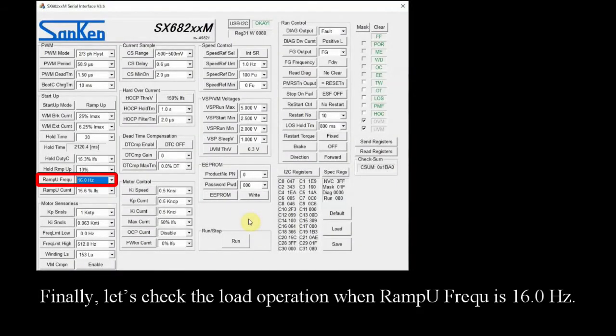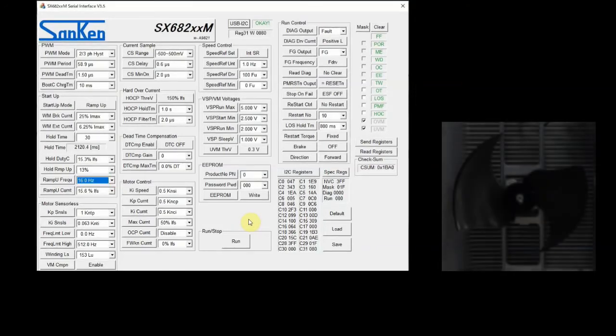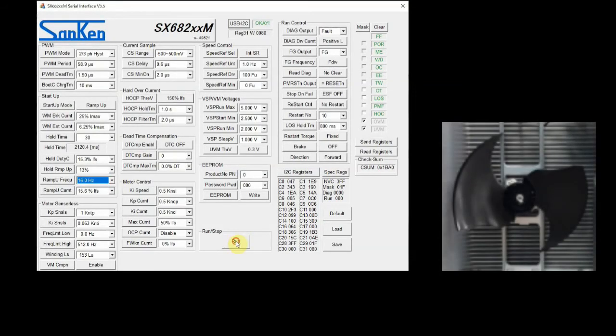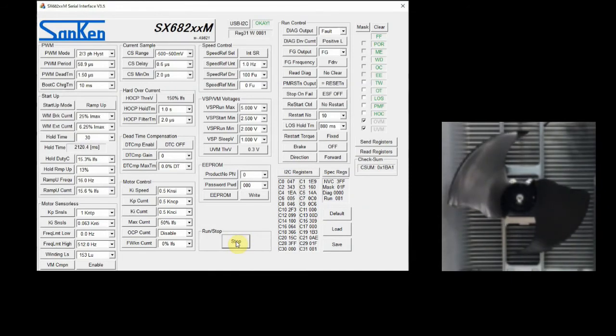Finally, let's check the load operation when ramp-up frequency is 16.0 Hz. Click Run. The load did not rotate.